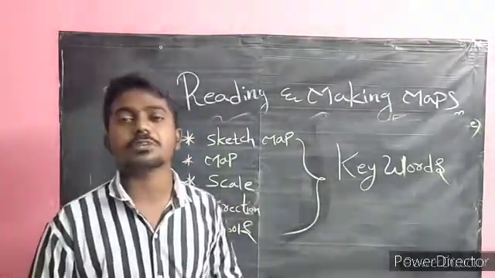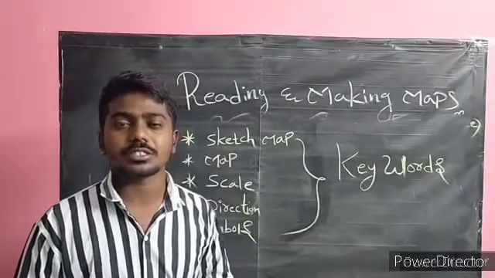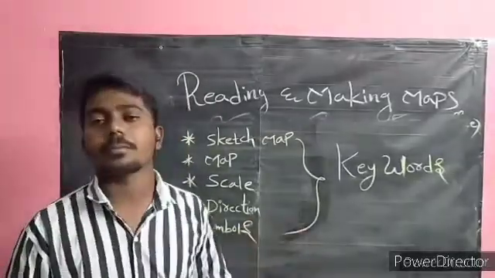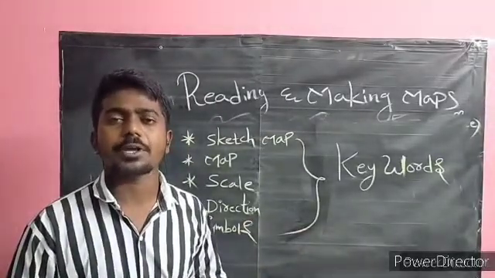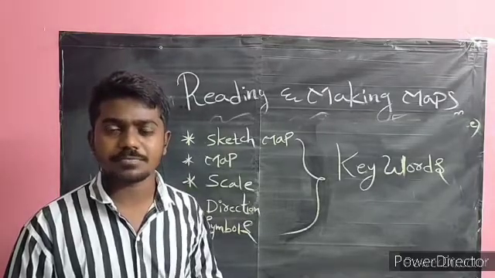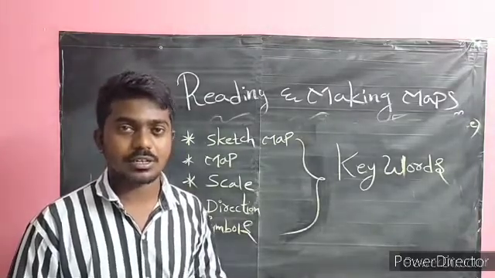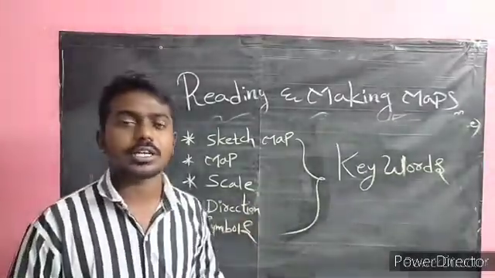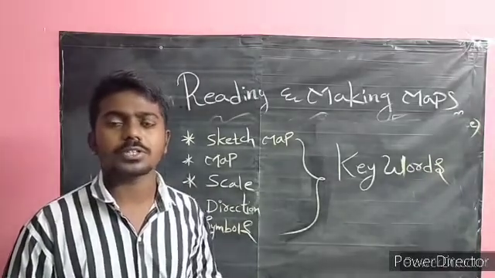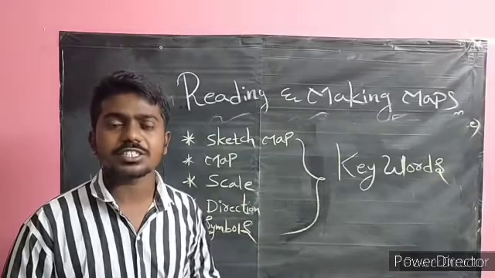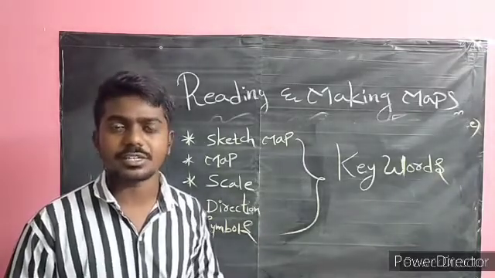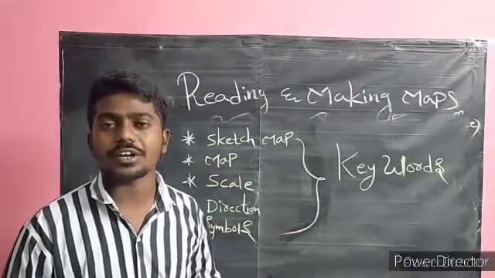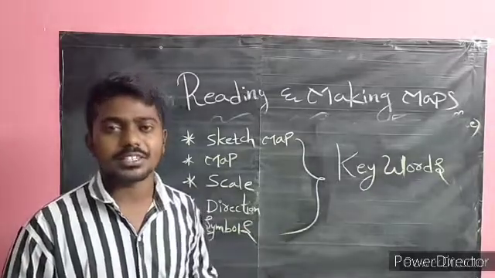Next, come to symbols. Symbol is nothing but which we can represent the physical objects, which represent the character of an object or place. We show the symbol of the temple, masjid, church, PTO, postal telegraph office, PO, post office, RS, railway station, PS, police station. Also, I told about the Kachcha Road and Pakka Road. I told about our district villages and towns shown in dots or circles, and our capitals also shown in dots. And I told you about the boundaries of our country shown in two lines.